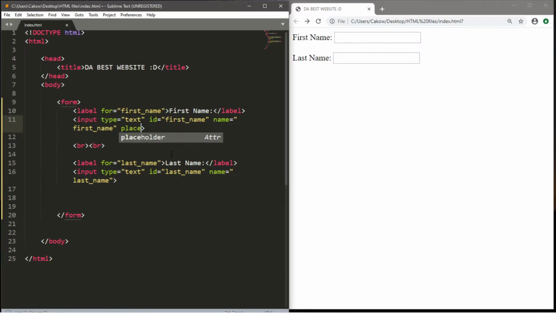So for example, let's use the placeholder attribute, and we can set this equal to some default value, and the text that's going to appear within the text box is going to be gray and faded. So let's come up with a first name. I like the name SpongeBob, and then let's do the same thing for the last name input box, and I will pick a last name of SquarePants, but you don't have to pick the same thing I do.